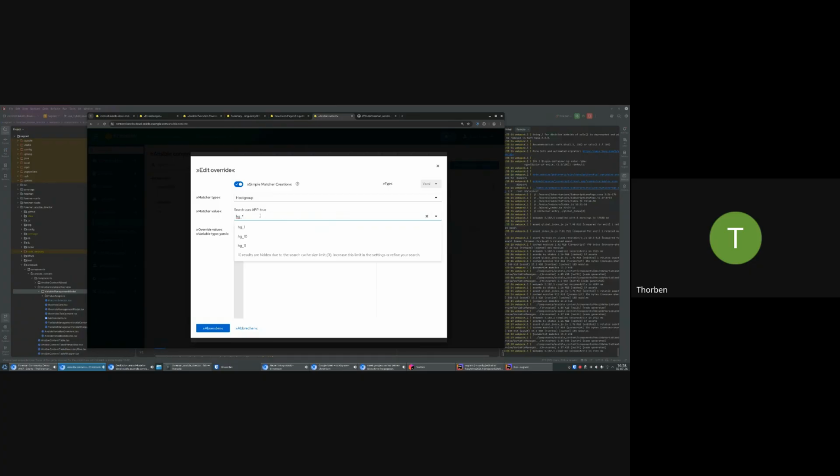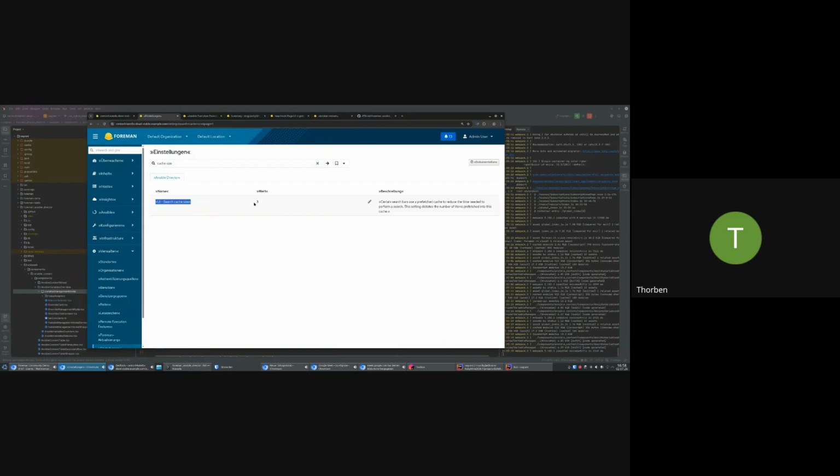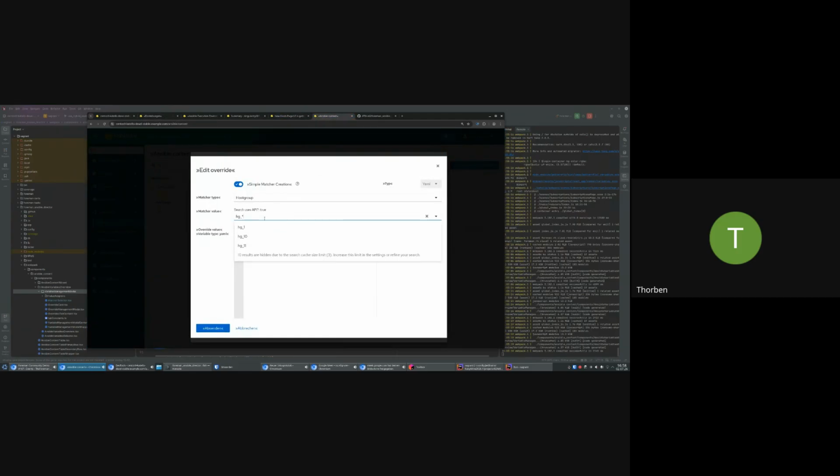So, you might be asking, what the hell? And that's a fair question. What this basically does is it turns the search into kind of an odds game. Now, as I said, I set the limit to 3. That's not something you do in production, of course. But if you imagine you have something like, let's do 120 host groups, and you set that to 100, then you have 100 out of 120, which is a bit over 80% chance of getting